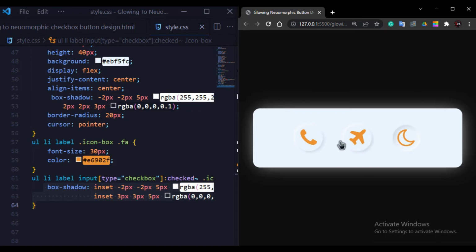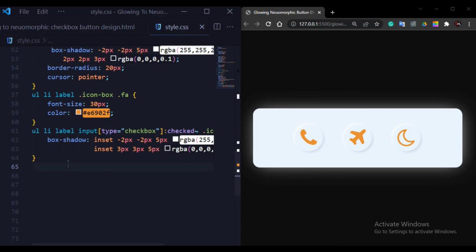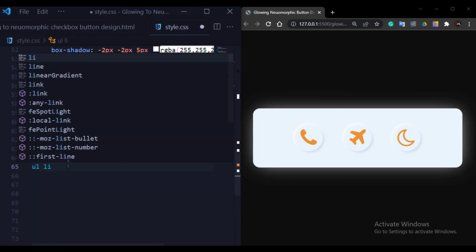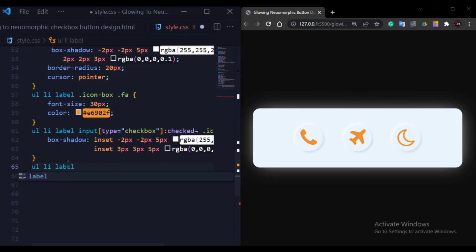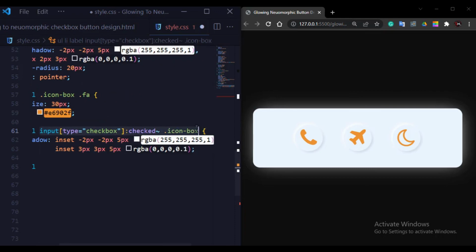It looks like a new morphism effect. So here I will also change the transform scale. So here I will write ul li label, and I will simply copy this from top.